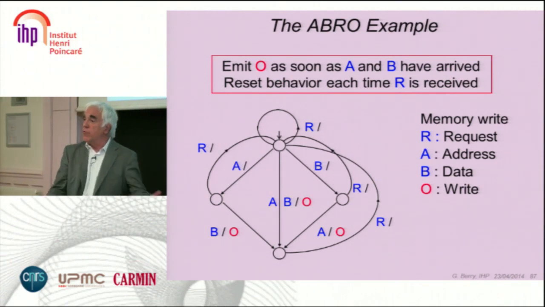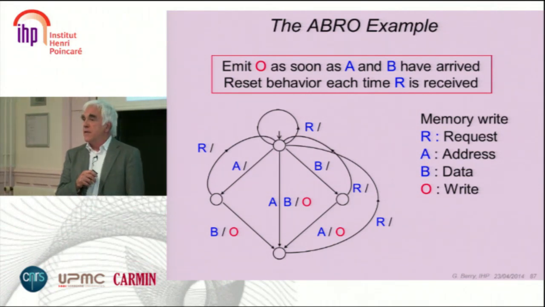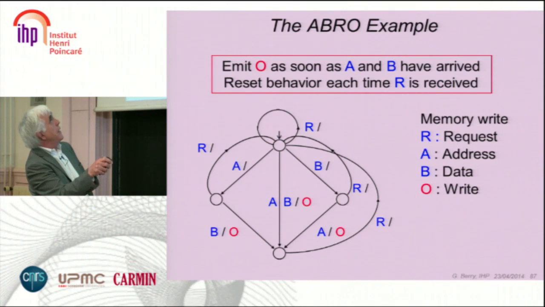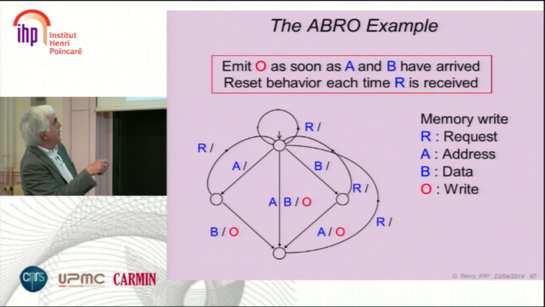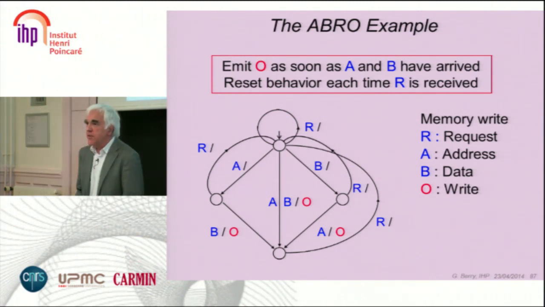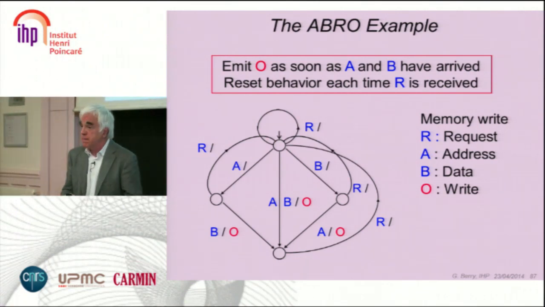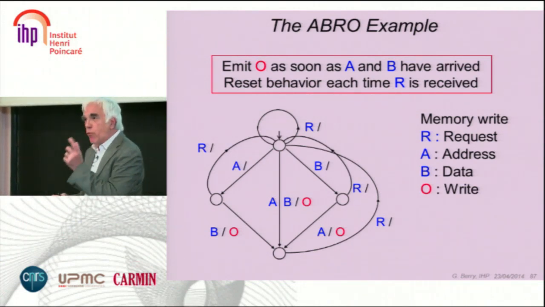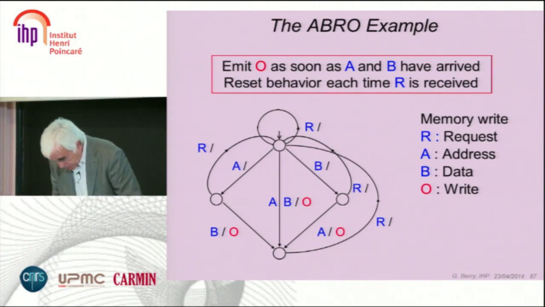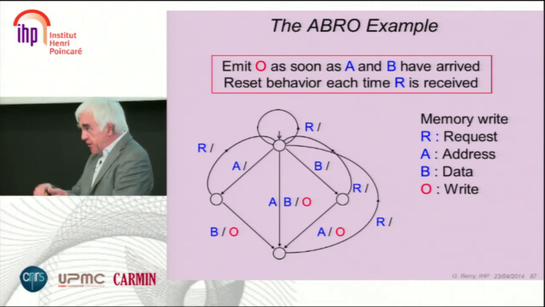To write into memory, you need the address and the data. And as soon as you have both, you can write. Excellent. This is very bad. You know, in the spec, you have A, B, R, O written exactly once. And in the automaton, you have A, B, B, B, R. It's what is called the worst thing you can do in programming, which is programming by cut and paste. Most dangerous thing. The only thing where cut and paste works is surgery, not programming. Surgery has very much in common with computer science because it is cut and paste.